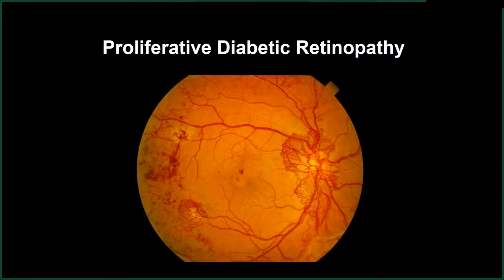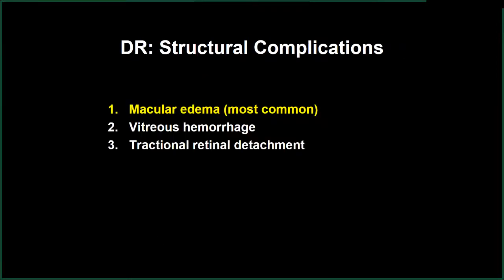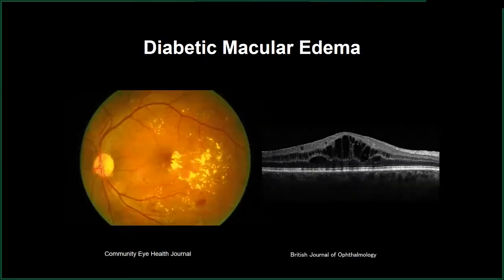Extremely important to treat this aggressively. All right, so let's go through the structural complications. One, macular edema, our most common one. So here's macular edema. This is often what you'll see. You'll see these lipid exudates in the retina, okay, in the center of the retina, which is the macula, of